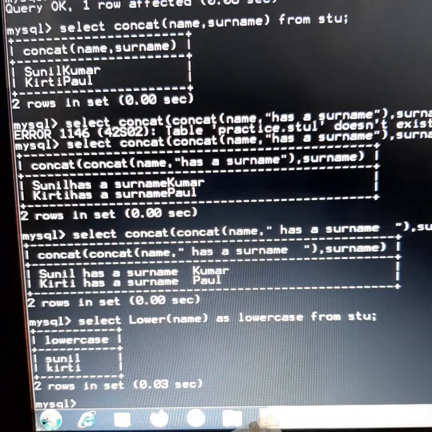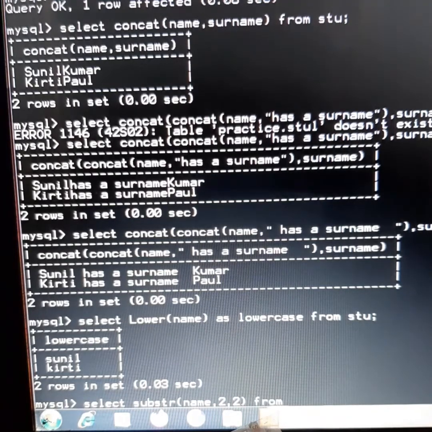Substr is a function which is used to extract a certain number of characters from your string. For example, if my string is a name or, suppose, a surname, and I want to extract two or three characters from between, then in substr we can give that. So let's see how we do it. Select substr(name, and suppose from the surname Kumar, 1 2 3 4, I want to extract from 2, comma 2 characters,